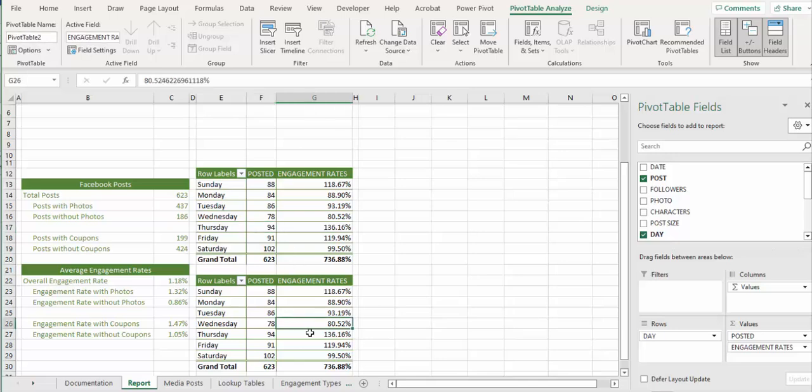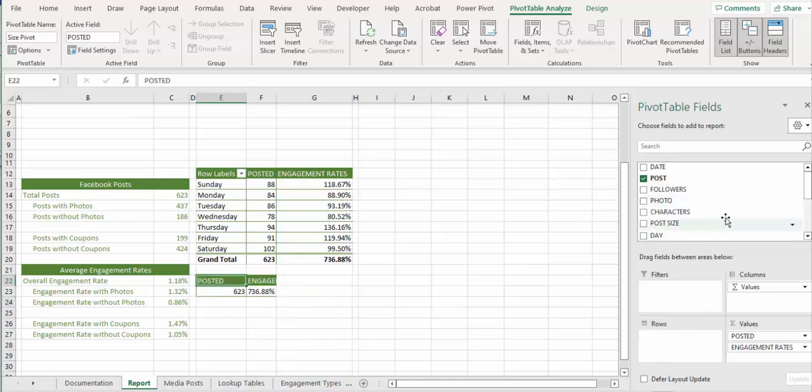And this one should be size pivot, right? All right, so just replace this with post size, right